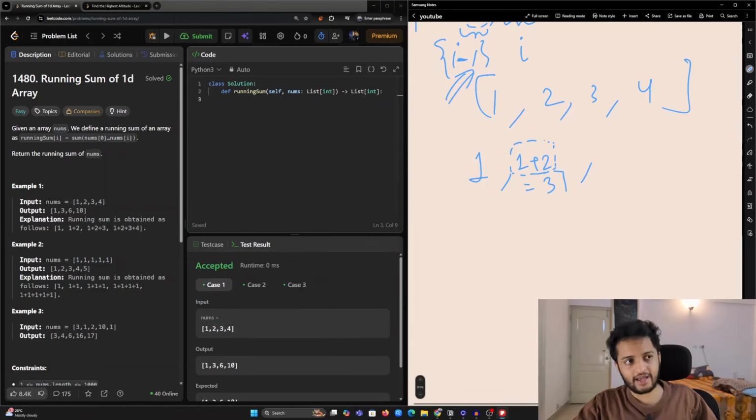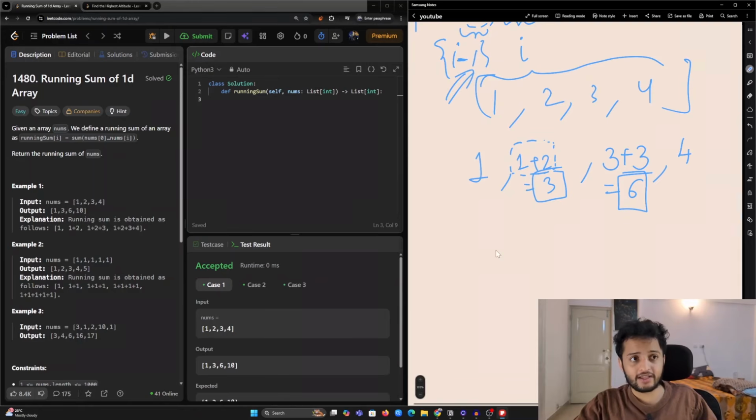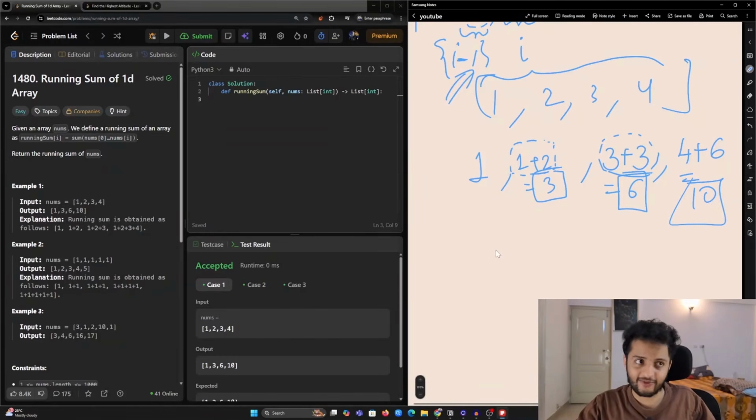So you can use this sum directly and just add the current value, which is 3. So you will get 6 directly. And for the final element, we need to add a 4. We won't write a loop again to calculate 1 plus 2 plus 3 plus 4. We can just take the previous computation, which is 6, and add 4 to get our final value, which is 10.